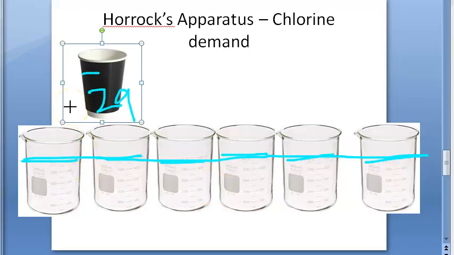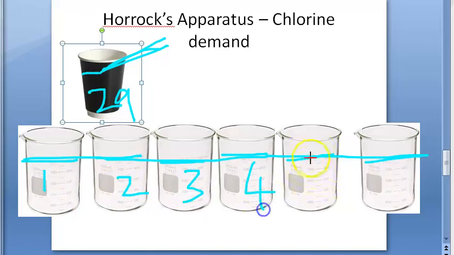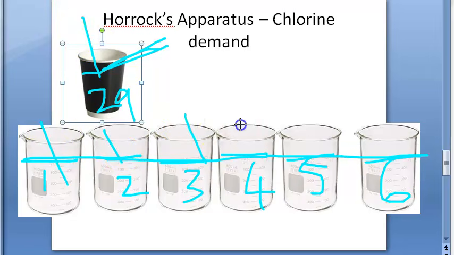Now what you will do with a pipette, the special pipette they gave you: you will add 1 drop to the first cup, 2 drops to the second cup, 3 drops to the third cup, and so on. Okay, this much you will add. Then you will stir with a separate rod. Remember they gave 7 stirrers. One stirrer you used here, second stirrer, third stirrer, like this. You will stir each of these.